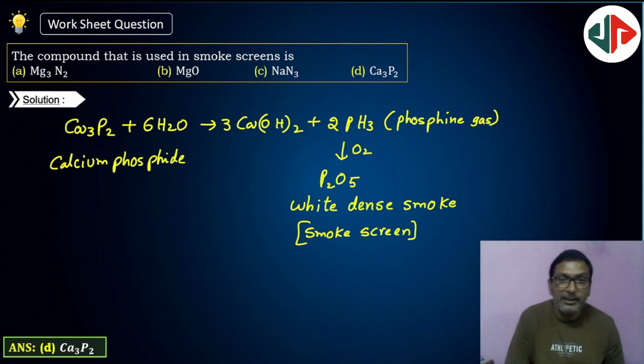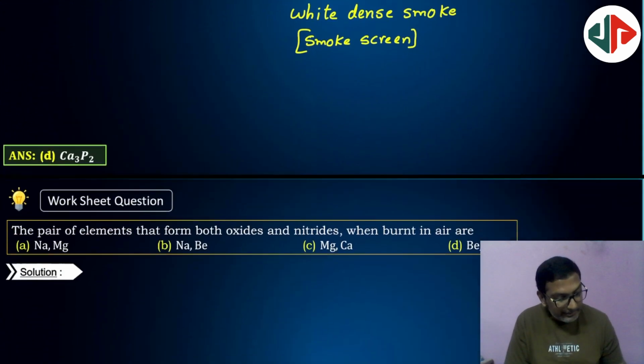Calcium phosphide on hydrolysis will give phosphine gas, which on reaction with O2 produces white dense smoke of P2O5, phosphorus pentoxide, that acts as smoke screen. Therefore, option D, calcium phosphide. Next,